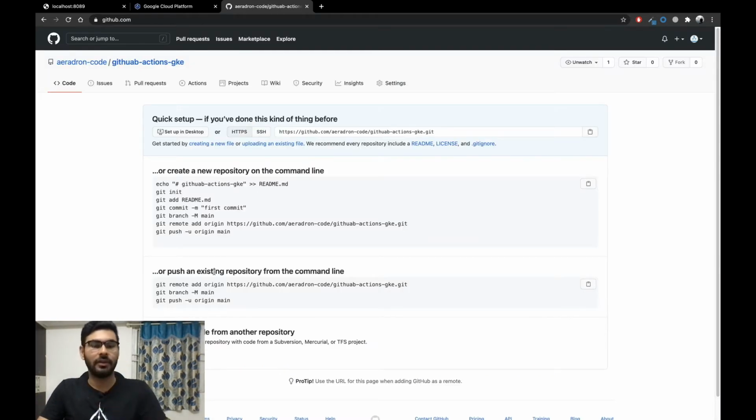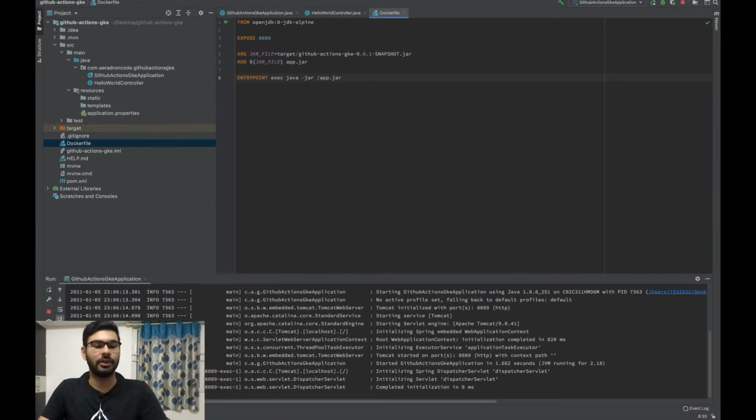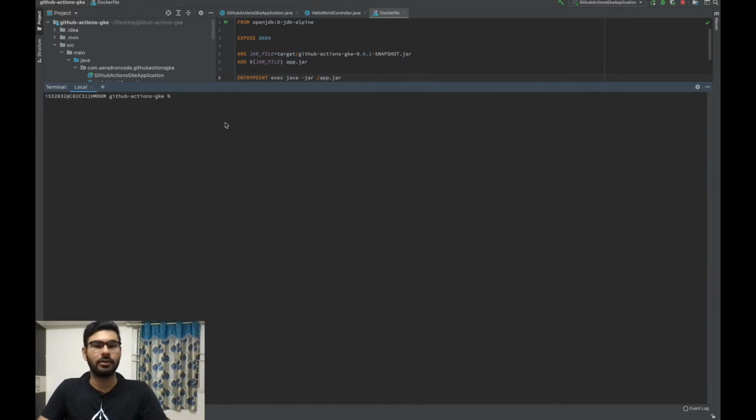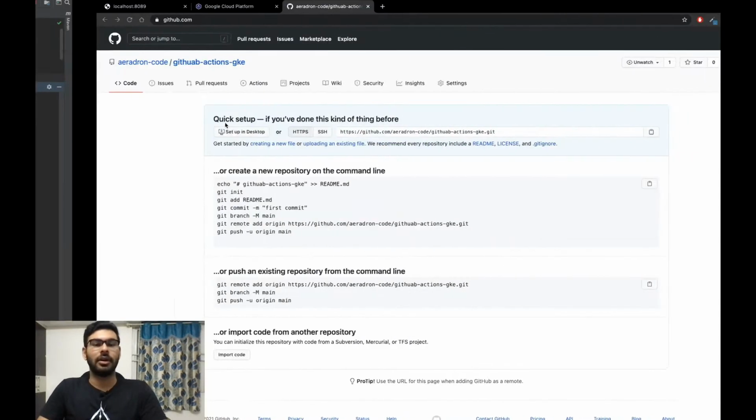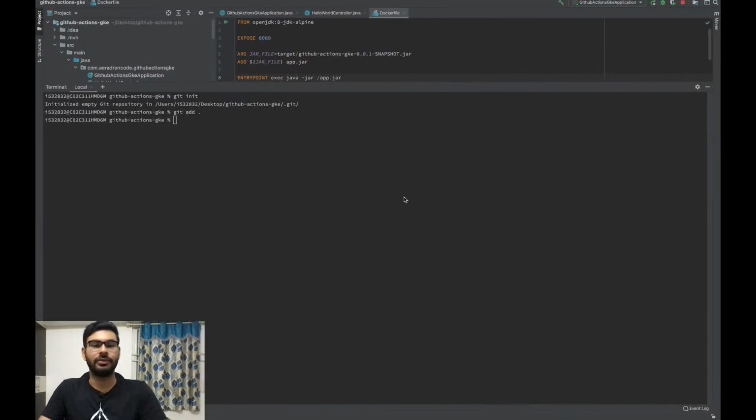So this is the repository that we will be using. So we already have an existing repository. All we need to do is initialize a Git repository in this. So we will move to terminal, and here I'll just write git init. It will initialize an empty Git repository and we'll add everything to this. It added. Now the next thing is I want to add the remote origin URL. So I'll just copy paste this line and paste it here so that it sets the remote origin URL.